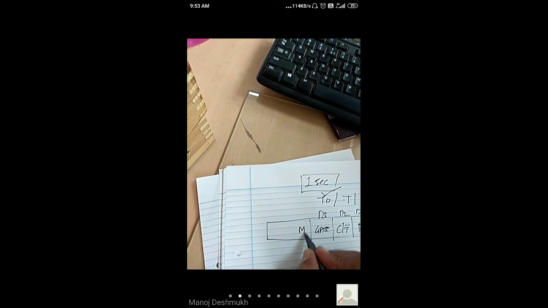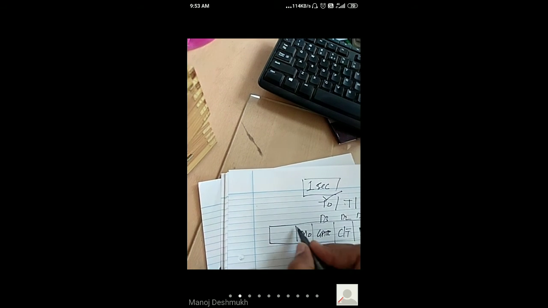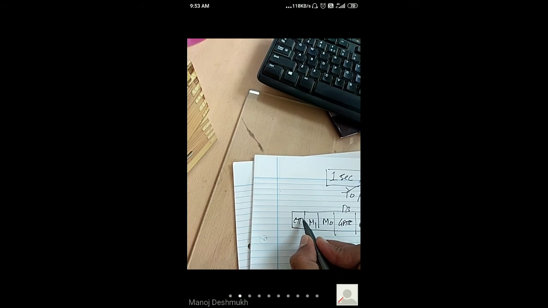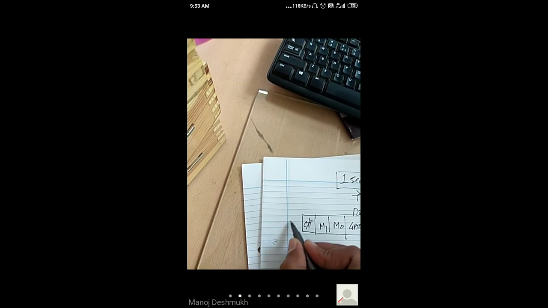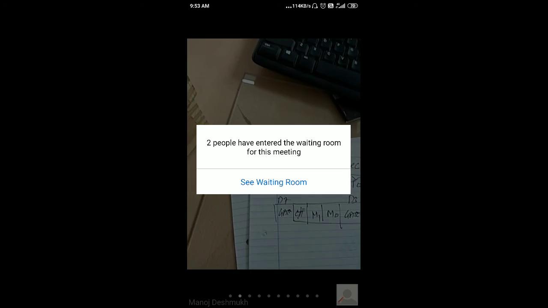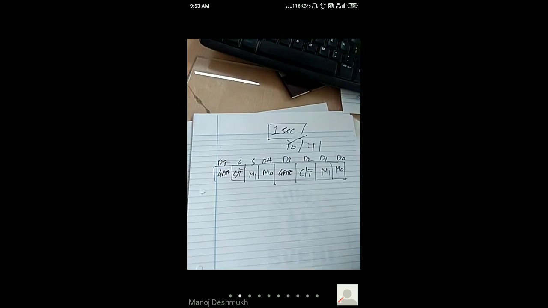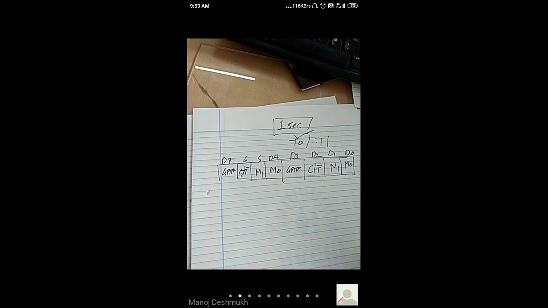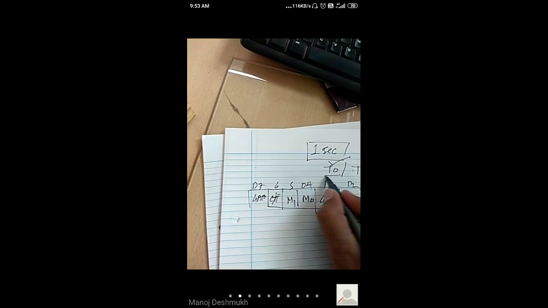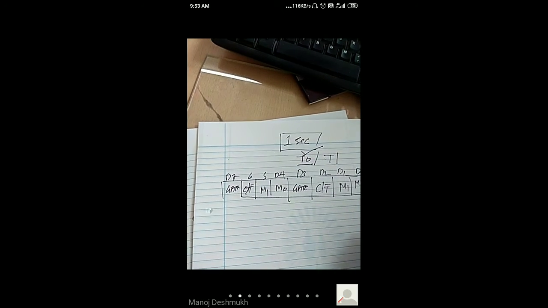Similar bits exist for timer 1: M0, M1, C/T bar, and GATE, and this is your D7 bit, then D6, D5, D4. So from these bits, if we want to use T0 as a timer,